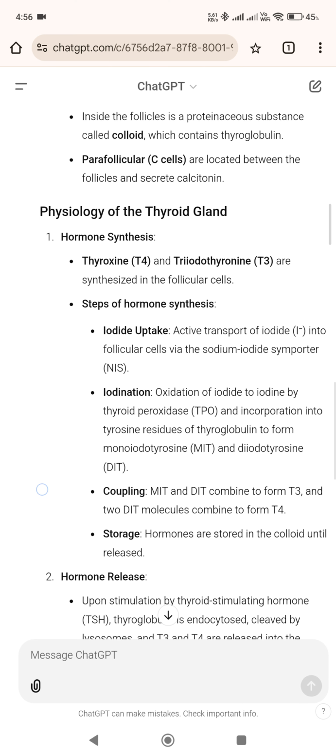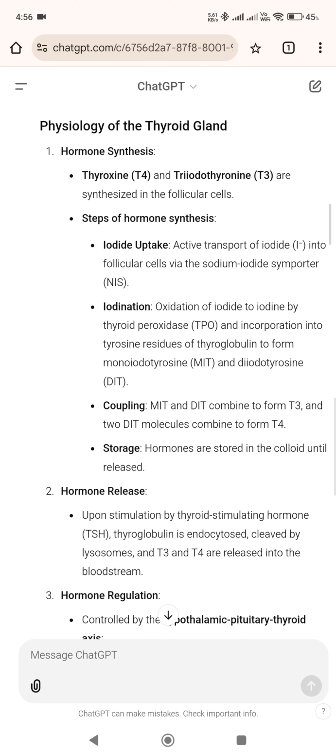1. Hormone synthesis. Thyroxine, T4, and triiodothyronine, T3, are synthesized in the follicular cells. Steps of hormone synthesis. Iodide uptake: active transport of iodide into follicular cells via the sodium iodide symporter, NIS. Iodination: oxidation of iodide to iodine by thyroid peroxidase, TPO, and incorporation into tyrosine residues of thyroglobulin to form monoiodotyrosine,